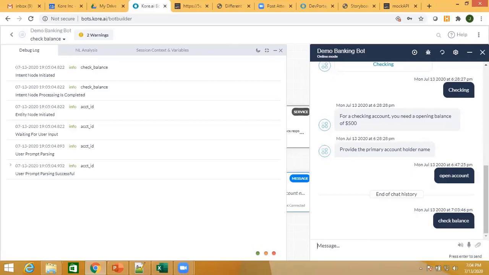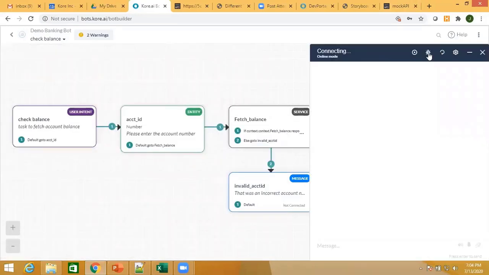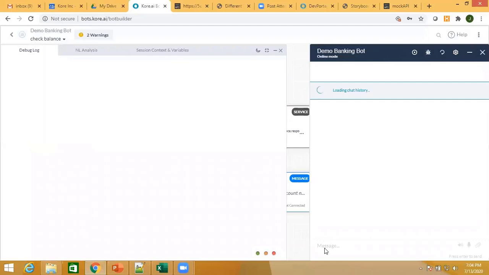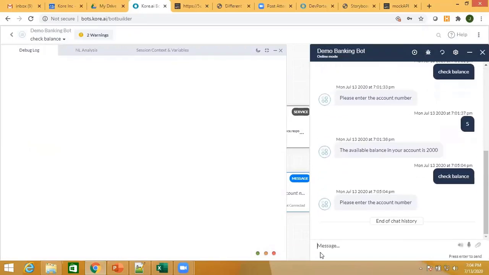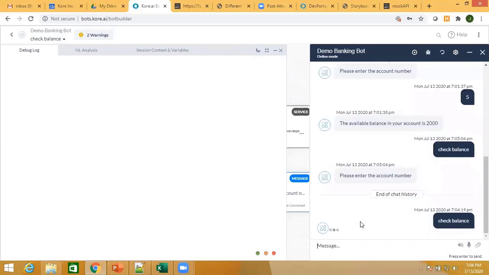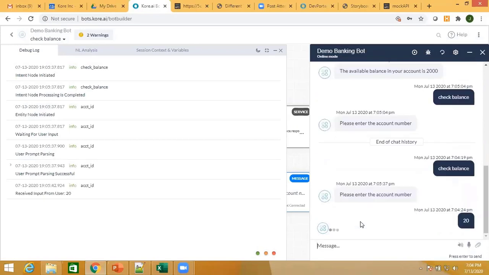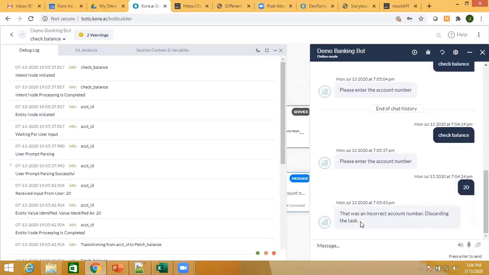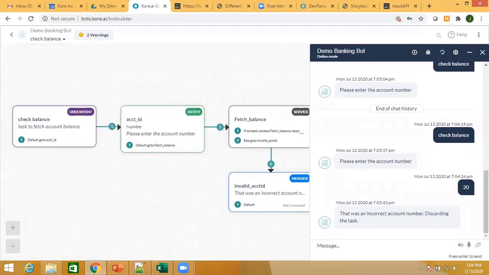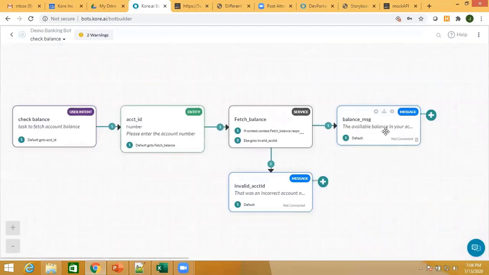So I put over here something like 20. It should come back with the error message, that it was an incorrect account number, because the status code that was returned is a non-200 status code. So this way you can define alternate flows and display whatever is required from the API response.